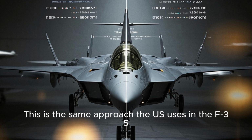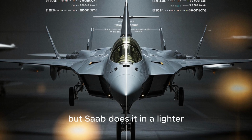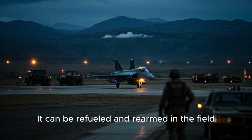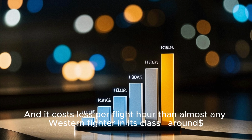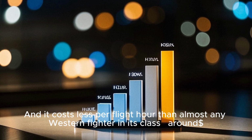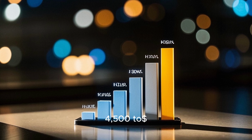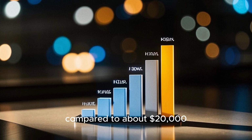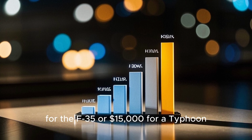This is the same approach the U.S. uses in the F-35, but Saab does it in a lighter, cheaper package. It can be refueled and rearmed in the field. It can land on short, rough runways, and it costs less per flight hour than almost any Western fighter in its class. Around $4,500 to $7,000 per hour, compared to about $20,000 for the F-35 or $15,000 for a